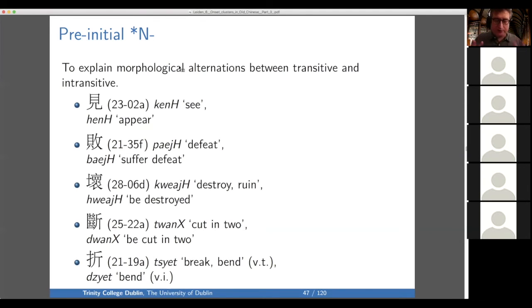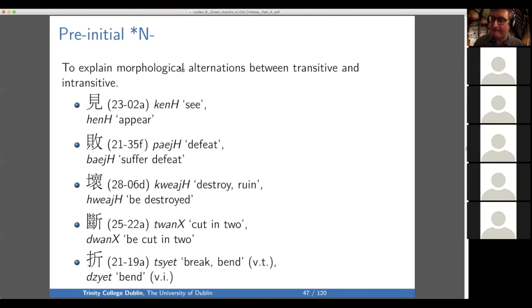So this much I want to really emphasize. Everyone agrees on. It's just a fact, right? If you look at Middle Chinese readings, you have two readings and two meanings of these characters, and they have this relationship where the voiceless is transitive and the voiced is intransitive. Now, I'll just say, for those of you who care, but if you don't, you can kind of turn off your brain for a few seconds.